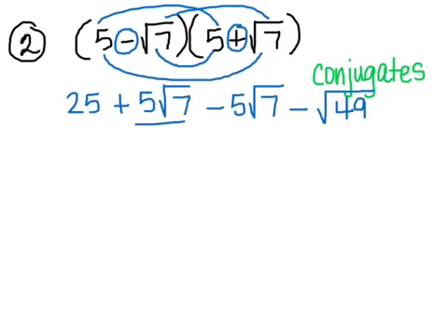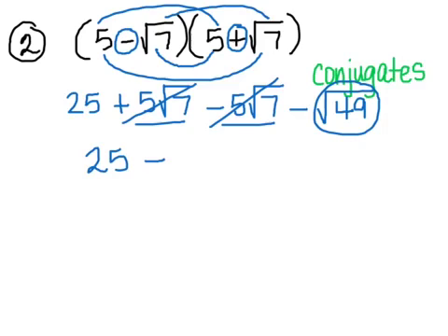Then, if you look at the two terms in the middle, they happen to be like terms, and not only like terms, but they're opposites of one another, which means if you added them together or combined them, they would give you 0, and so they just go away. Then we have 25 left, and we have minus the square root of 49, which turns out to be a nice 7. And so now we have two integers that we can just subtract